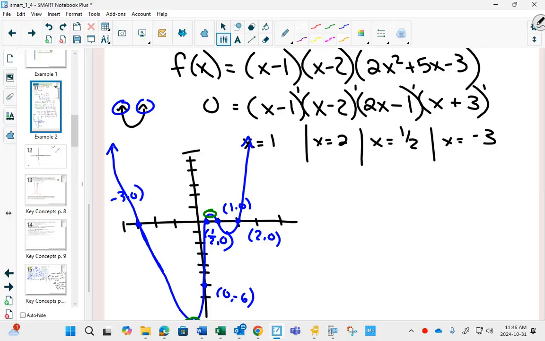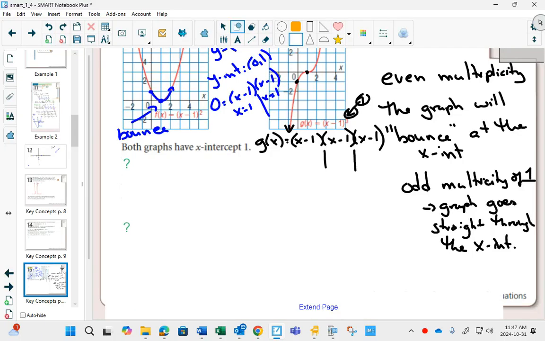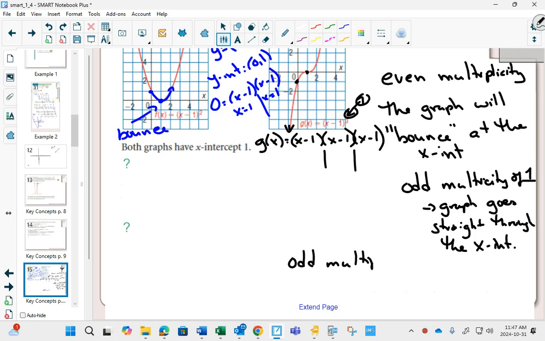That's considered, it's kind of not the right word saying multiplicity of 1, because multiplicity sounds like it happens more than once, and it only happens once, but it's sort of a unique situation. If it only happens once, it goes straight through. But if you have an odd multiplicity bigger than 1, and I'm going to write like 3, 5, 7, dot, dot, dot. If the multiplicity happens like that,